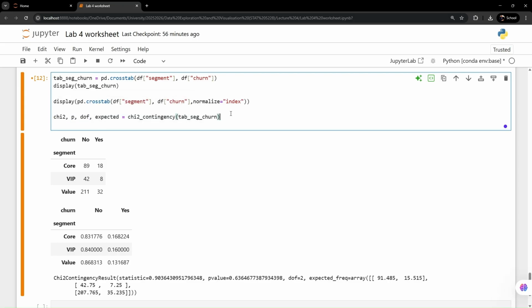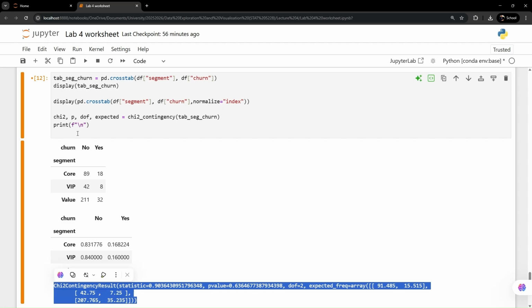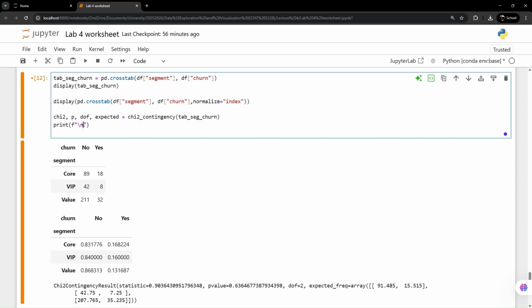So what I do now to get these three, I'm going to use a function called print. And in that print function, I'm going to use something that we call a string literal. What is this string literal? We'll start by writing something within that string literal, and we'll start with a new line. Whenever you see me writing \n, it means that instead of having this messy result here, I'm going to write a string literal which includes certain elements. What are the elements? For example, I would want to write something like